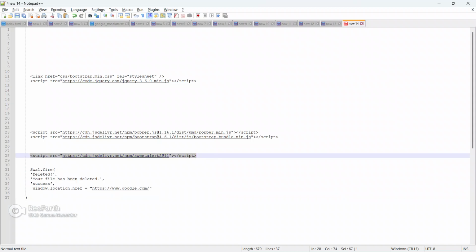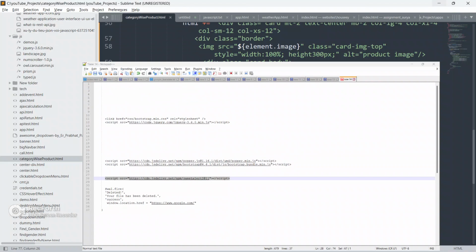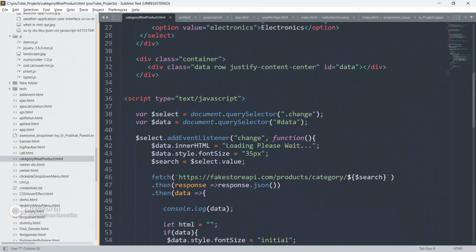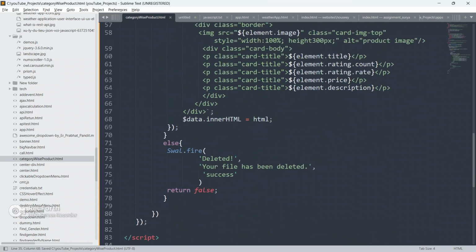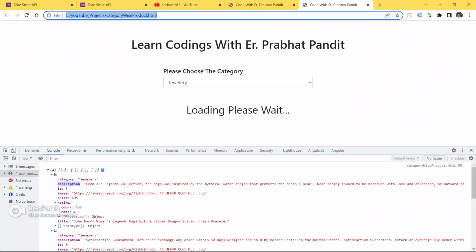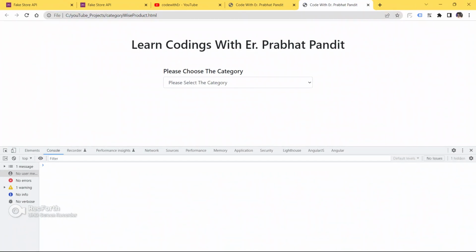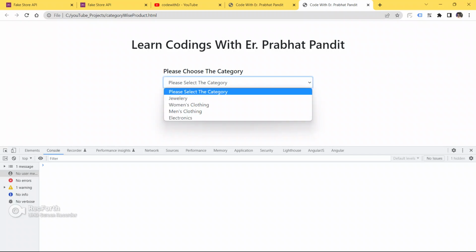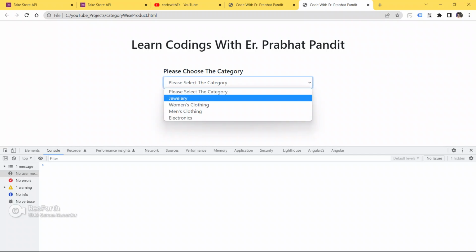Then go again and copy this CDN link for sweet alert, and paste it here. Save your code now, guys, and go to the browser and refresh your page. Let's see if it works or not.